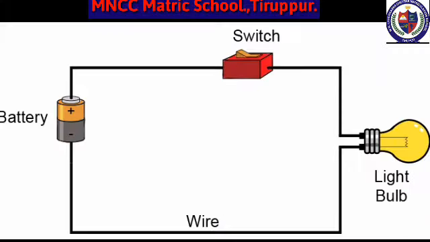The path through which electrons flow from one terminal to another terminal of the source is called an electric circuit. Look at the picture. This is a simple circuit. A simple circuit consists of 4 elements. Number 1, source of electricity, that is battery. Number 2, a path or conductor through which electricity flows, that is wire. Number 3, a switch to control the circuit, and an electrical resistor lamp, which is any device that requires electricity